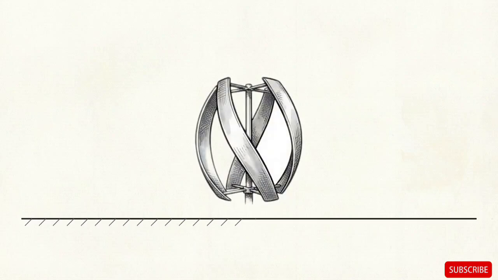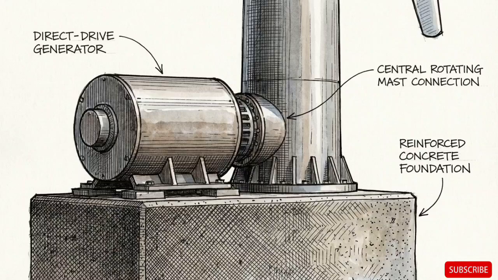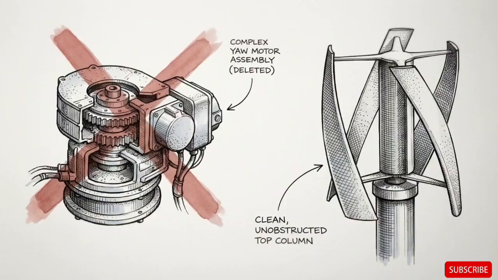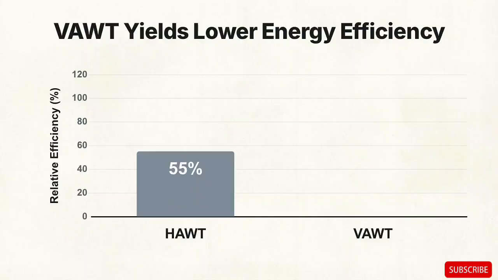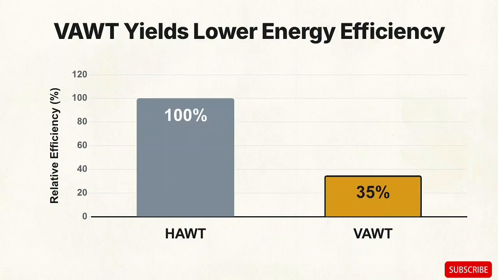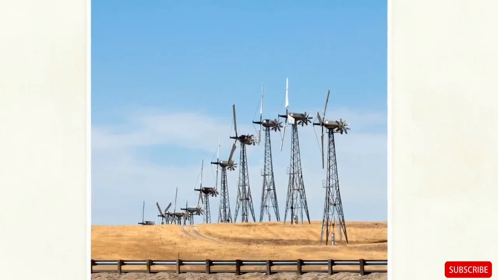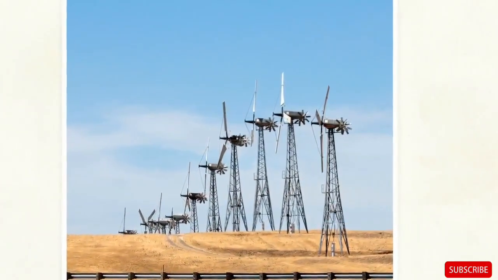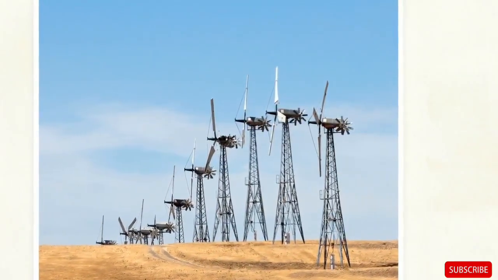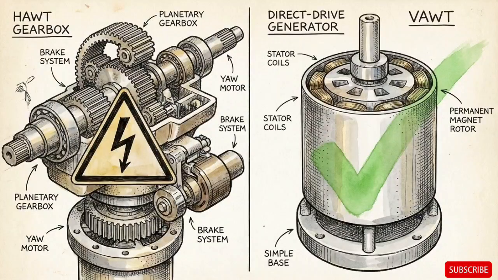In a VAWT, the main rotor shaft is oriented vertically, perfectly perpendicular to the ground. This setup creates an inherent engineering trade-off. It boasts a simpler design that doesn't need heavy yaw mechanisms to constantly pivot and face the wind direction, but it suffers from significantly lower overall energy efficiency. Engineers have historically experimented with various structural combinations, adjusting blade counts and utilizing lattice towers to solve these trade-offs. The choice between a HAWT and a VAWT is a strict calculation balancing maximum potential energy extraction against mechanical complexity